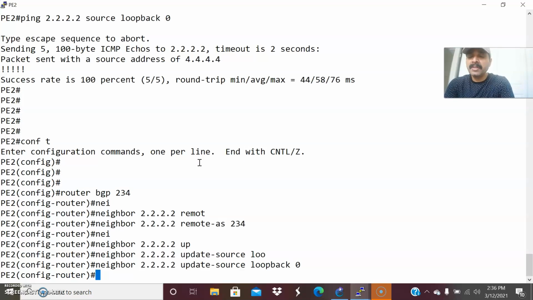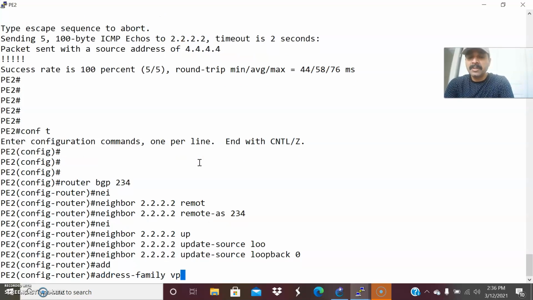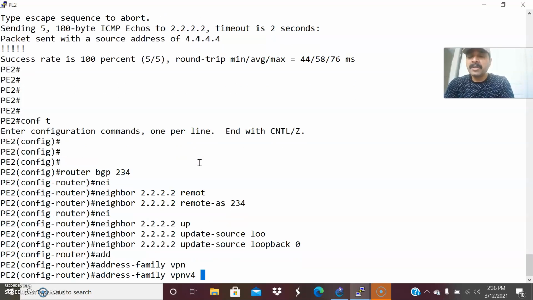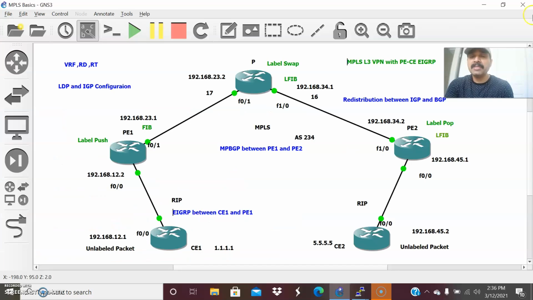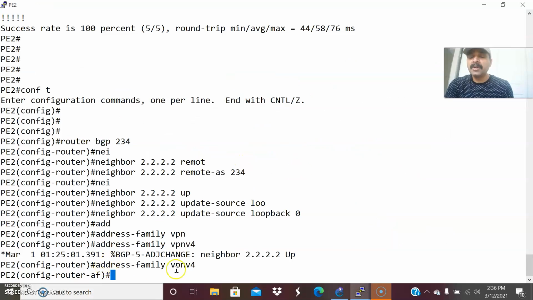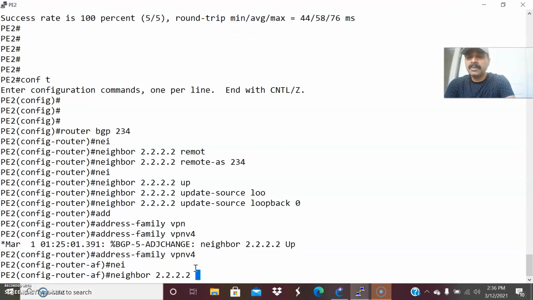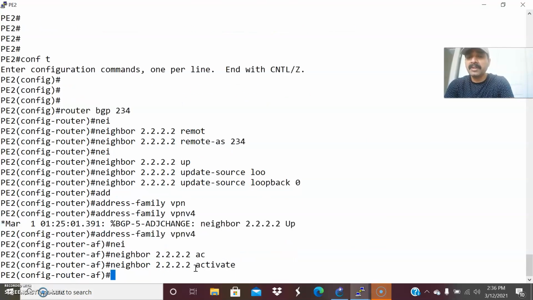After that, let us activate the address family. With the help of the address family, I can use multiple routes: VPNv4, VPNv6, IPv4, IPv6. This is the command I have to activate for the MPBGP protocol, since I'm establishing MPBGP between PE1 and PE2. Address family VPNv4, then neighbor 2.2.2.2, the loopback address of PE1, activate.